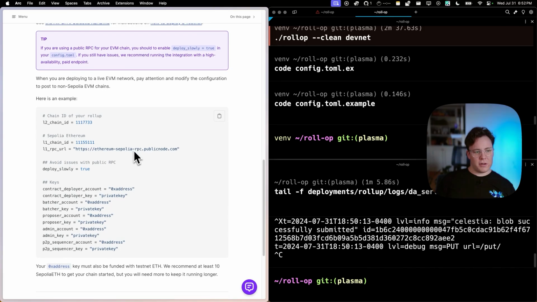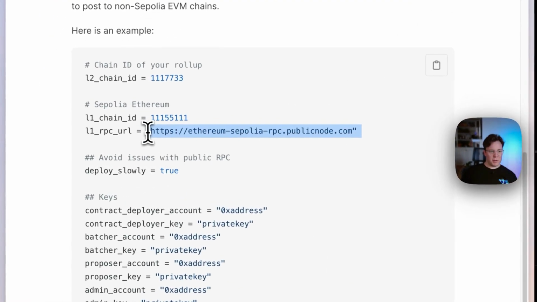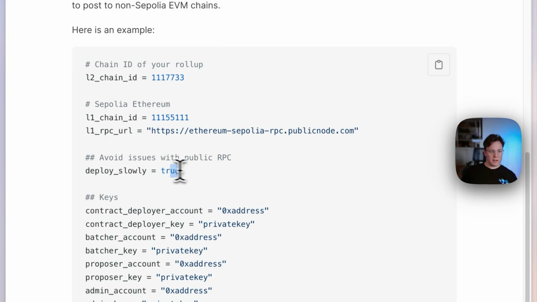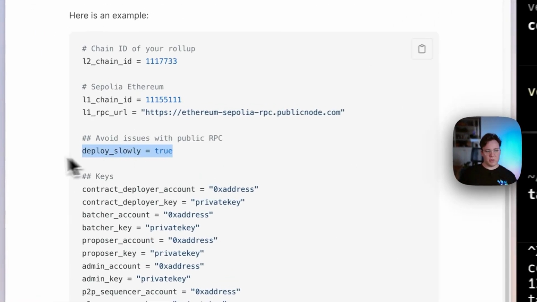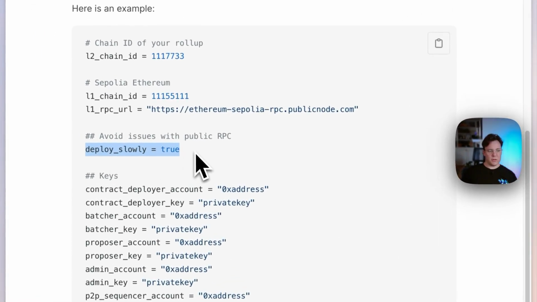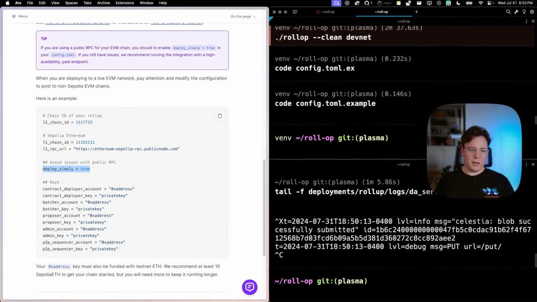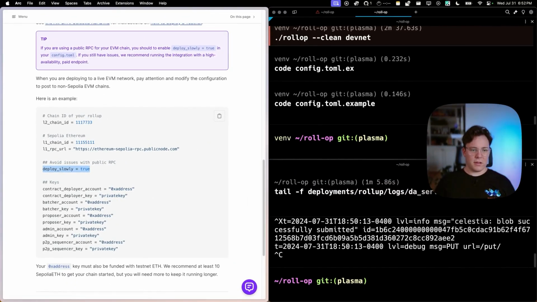And I tried earlier to see if using a paid RPC helps, but I still ran into an issue using Alchemy. I was on their free tier, but I think the best way to do this on Sepolia is to use deploy slowly and set that equal to true. This is going to help you avoid any issues with the RPC, like nonce issues, or even just issues with trying to submit transactions too quickly and going to the next step before it's actually confirmed. Enough rambling about that. Let's go ahead and